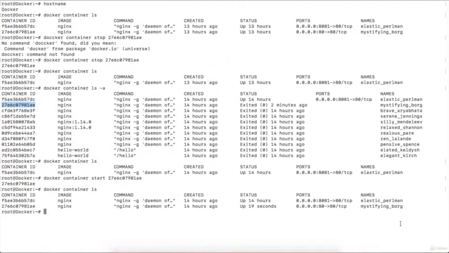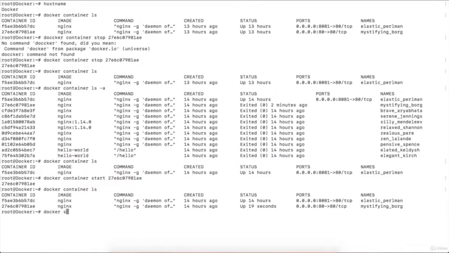Till now we have seen our containers have some kind of names. My first container has some kind of random name, right? My second container also has some name. My third container also has some name. Suppose they are all nginx. This nginx is running on port 8081 and this nginx is running on port 80, right? Suppose we are going to stop the container which is running on port 8081.